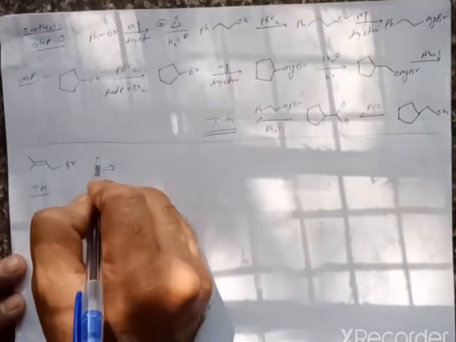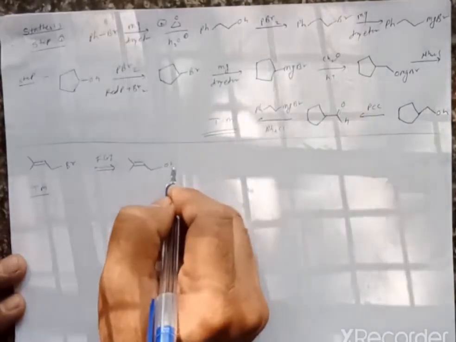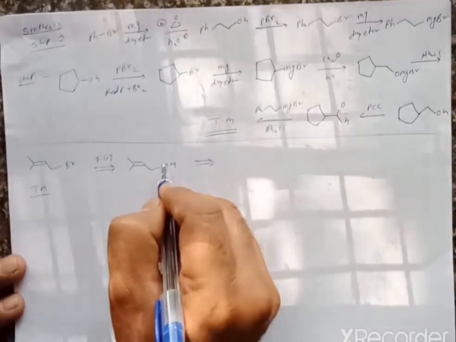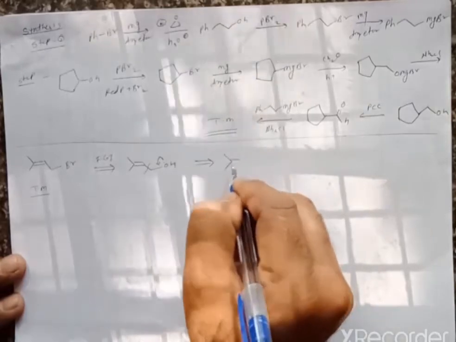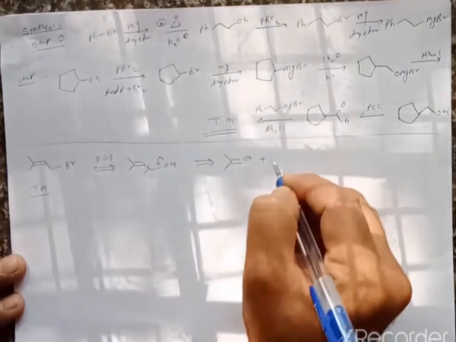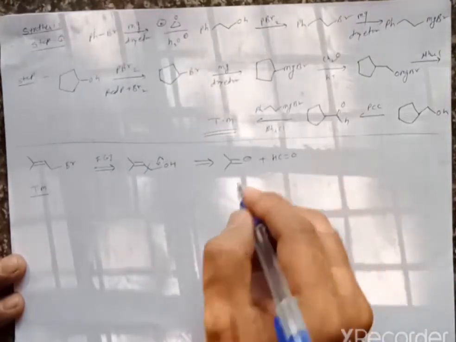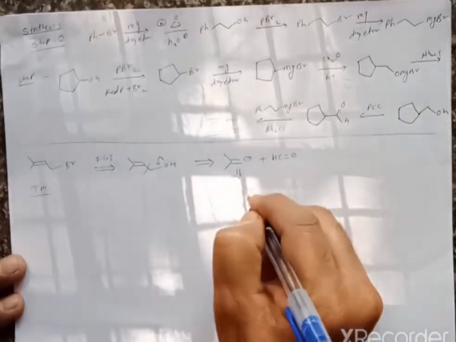Then if there is such a type of molecule, we can go for functional group interconversion. That means if we take an alcohol, we know that the alcohol can be synthesized by breaking the bond at this position. It gives formation of a negative group here and a HC double bond O functional group, as here. And then this is a vinyl anion.